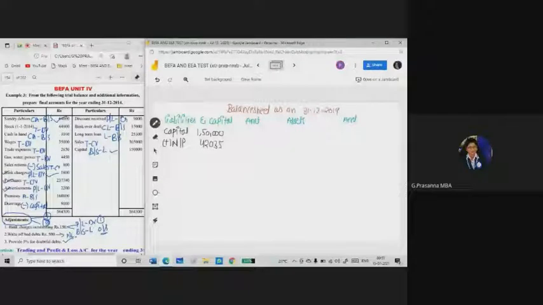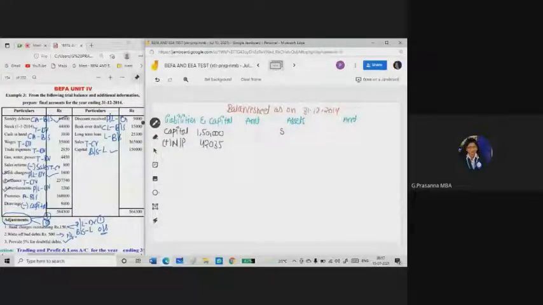Okay, keep the inner column only, because if any adjustments are related to the capital, we need to add them here. So now let us check from the starting entry onwards, because if any entry is missing, your balance sheet won't tally. So, sundry debtors. Sundry debtors is a current asset that I need to take in the balance sheet.